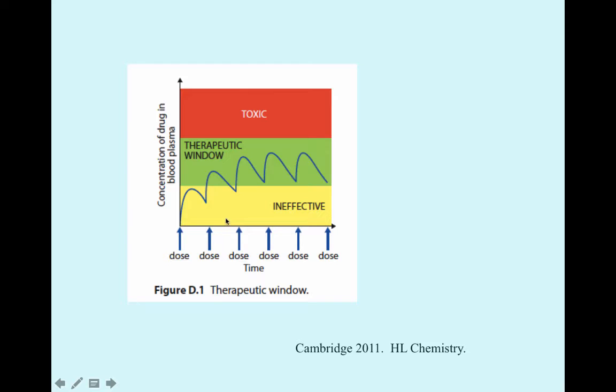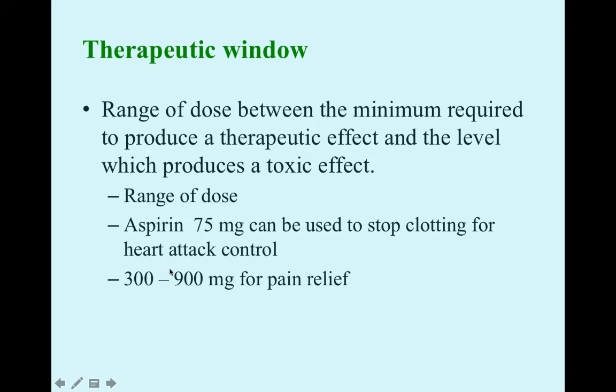The other thing to keep in mind is over time, you're going to have a window, therapeutic window. Okay, and this is why like every 4 hours you take Tylenol again, because you take it, okay, and over time it decreases. So you take more, it gets you into the therapeutic window, and then it decreases, taking more. You want to be careful that this doesn't pop you up into that toxic. Right? So therapeutic window is the range of the dose between the minimum required to produce a therapeutic effect and the level which produces a toxic effect. These are ranges